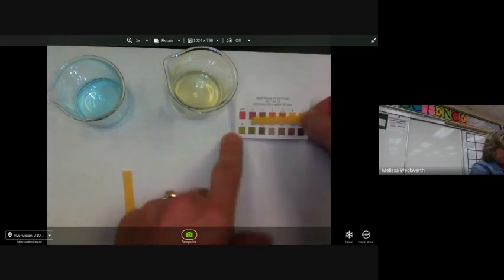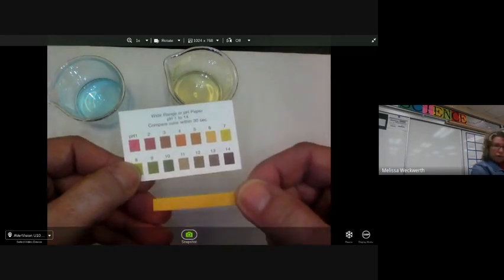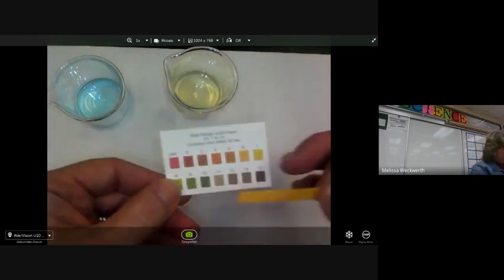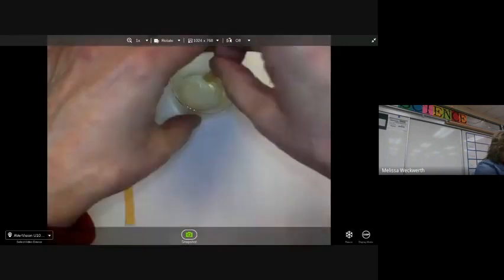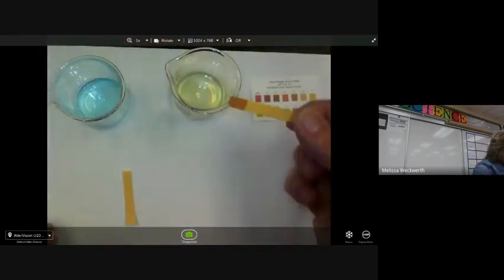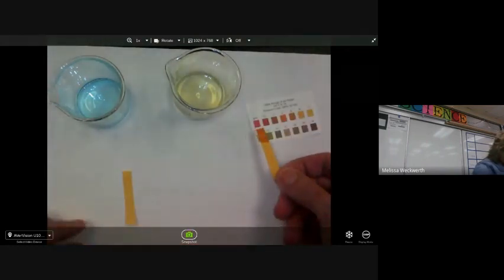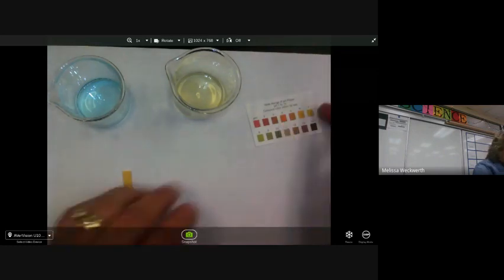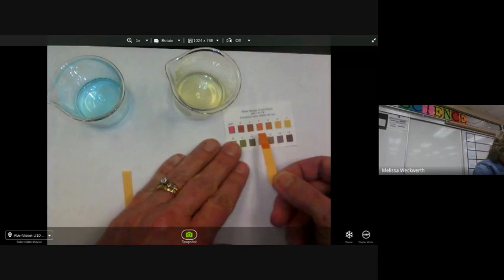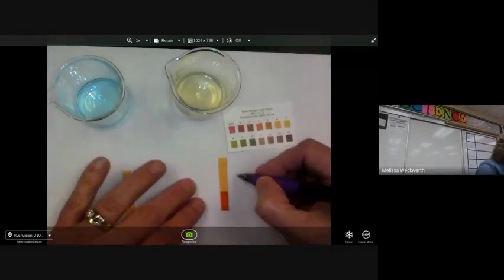So this is the one that we have a picture of on the slide for you to compare with because it's what came with these pH paper strips, okay? So for my acid, all I'm going to do is have my piece of paper ready and dip it. I just have to touch it basically to that substance. And then if you go to your Chromebook and start looking to compare the color that it is now turning, I would say this equals about a 4 as far as that color comparison goes. So I would write down on my paper right here,